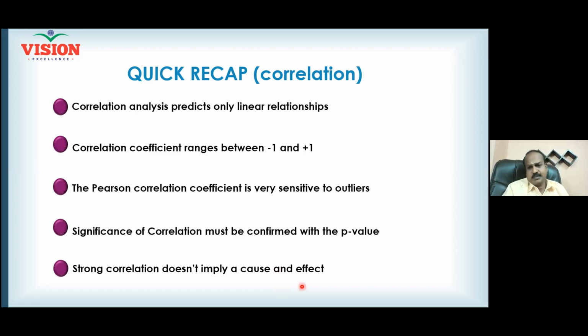For example, imagine you collected data about the rainfall in a particular city and the number of malaria cases reported in the same city. Rainfall in a city is continuous data. Number of malaria cases is also continuous data. You are plotting a diagram and you are calculating the correlation coefficient. The correlation coefficient is coming to be 0.9. What does it mean? It means a strong relationship?